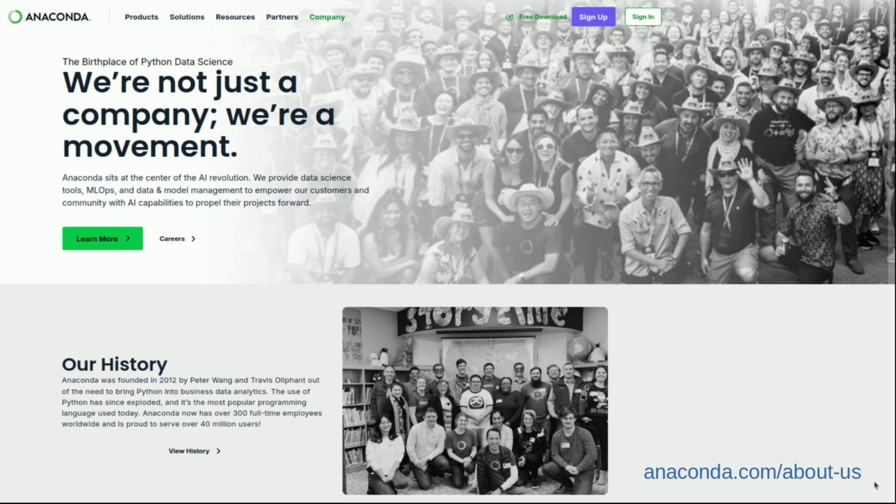So the vision of Anaconda is a much broader vision than simply creating and selling a product for development. It's a whole philosophy behind it that started in 2012, as I've already said, when Peter Wang and Travis Oliphant founded Anaconda. So only 12 years ago, Anaconda was created and has driven the whole Python development throughout these 12 years, especially in these few years of incredible explosion of data science and artificial intelligence worldwide. So Anaconda now has 300 full-time employees worldwide and is proud to serve over 40 million users. And you can read more about it at